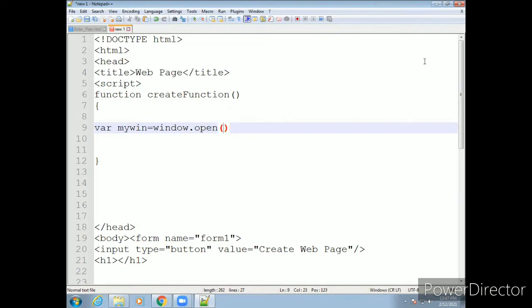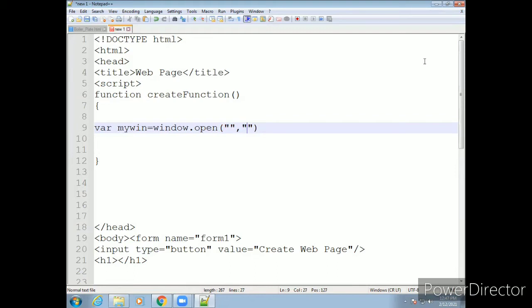Now which attributes are we going to use in window.open? We use the URL, the window name, and other parameters like width, height, top. So let's use only two parameters here. First we give a URL, then our window name.